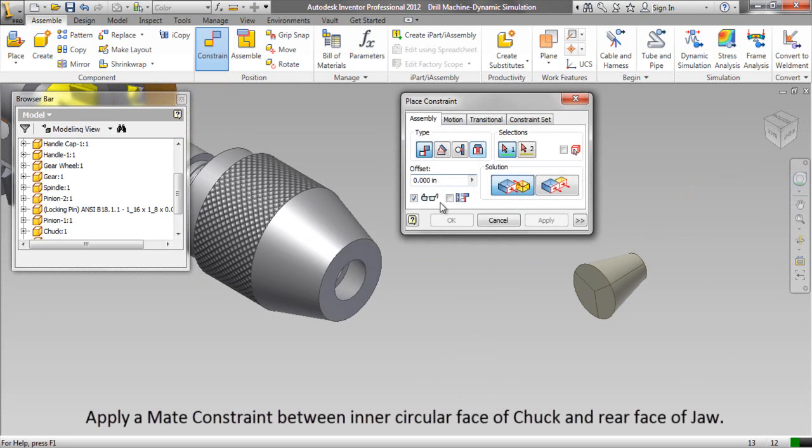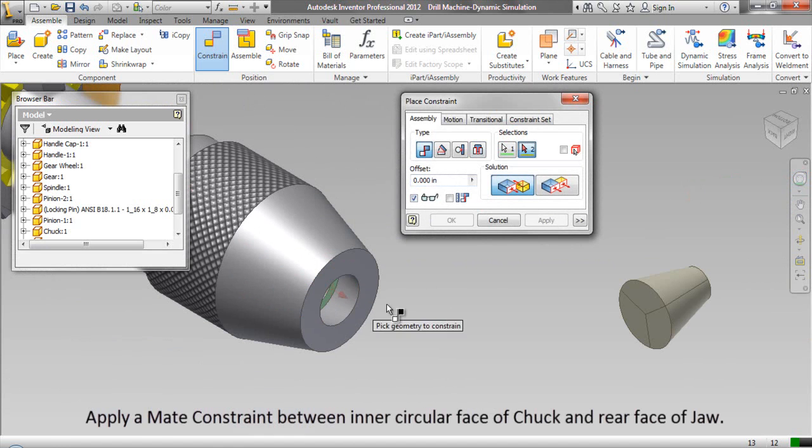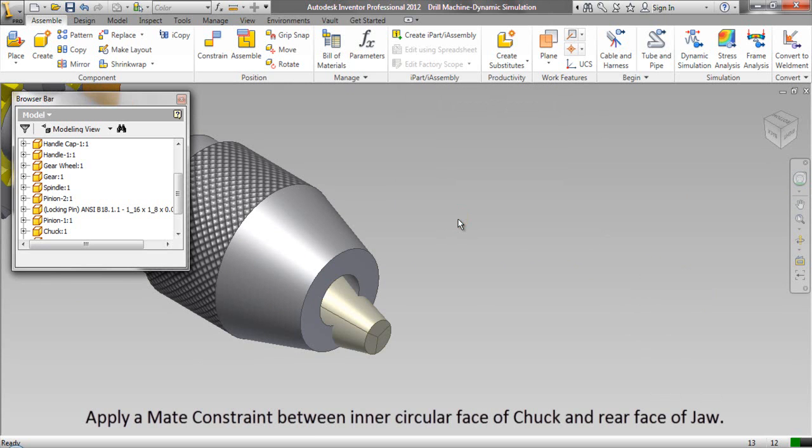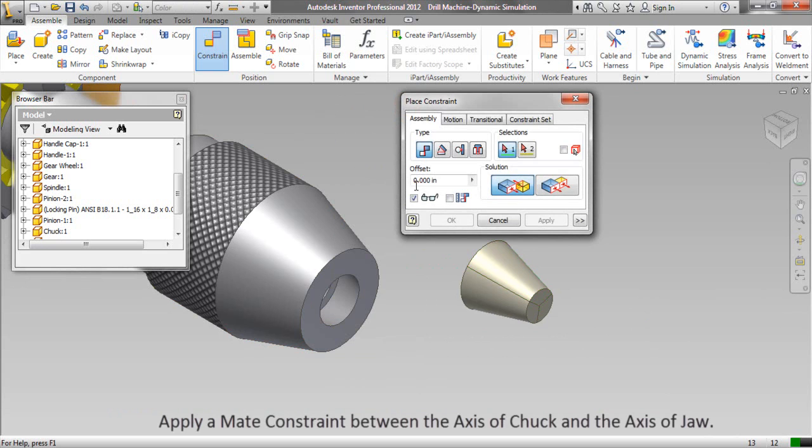Apply a mate constraint between inner circular face of chuck and rear face of jaw. Apply a mate constraint between the axis of chuck and the axis of jaw.